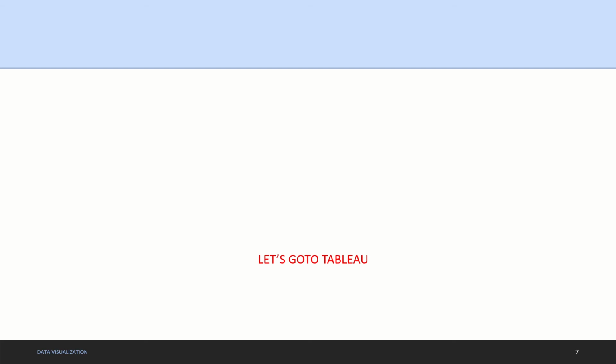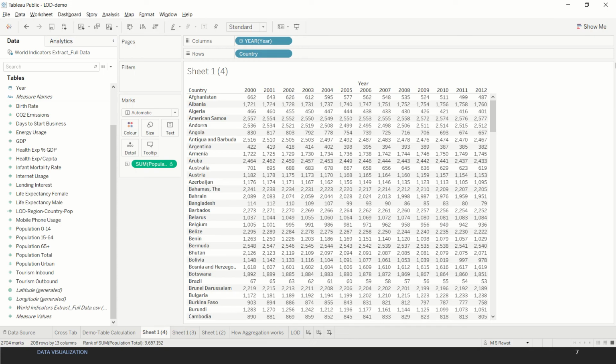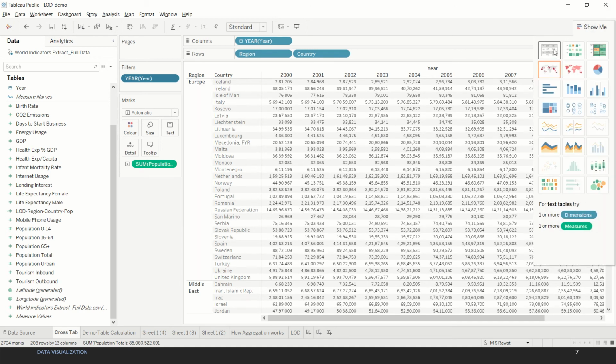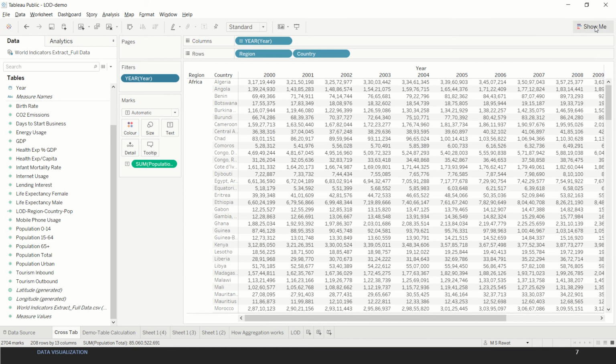So let's go to the Tableau workbook and try to see how table calculations work. In this workbook, we have created a cross tab using year on the column shelf, region and country on the rows.